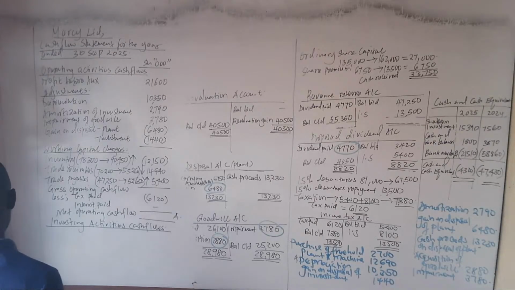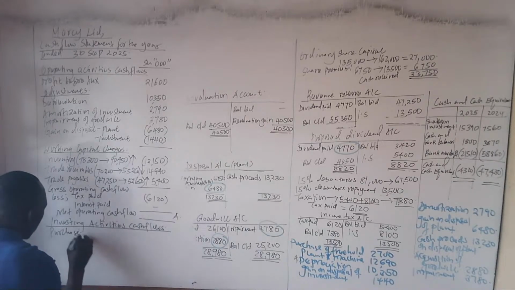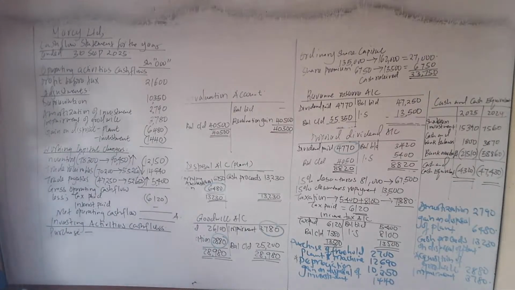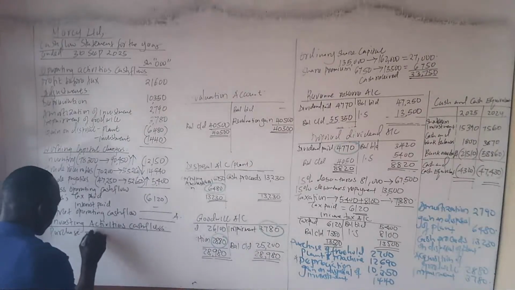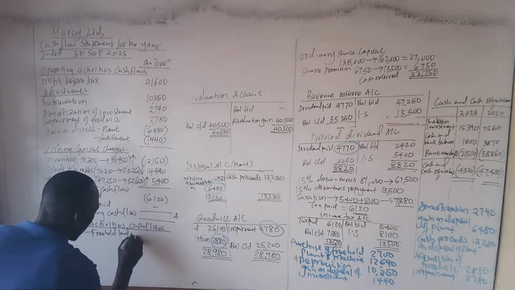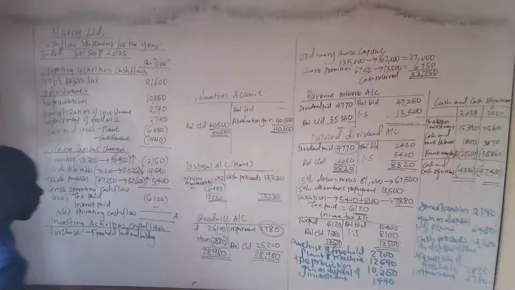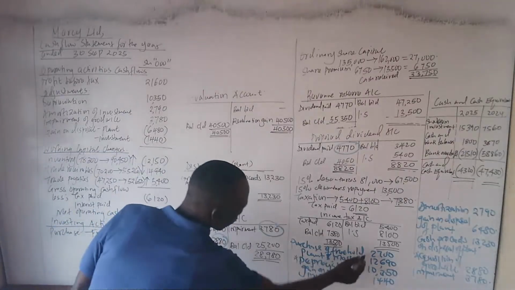Number one, we start with the purchases. The first one is freehold land and building. We purchased an amount of how much? We have it there,